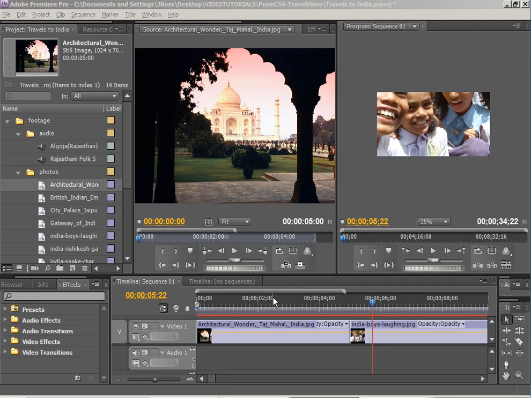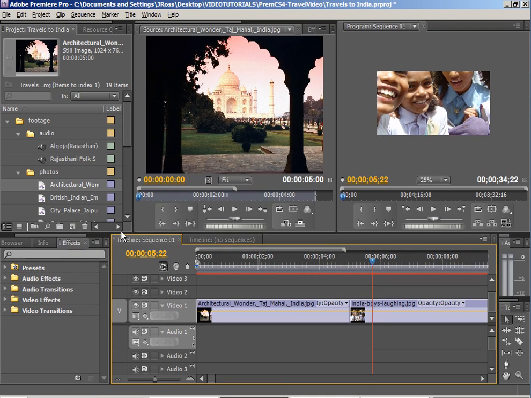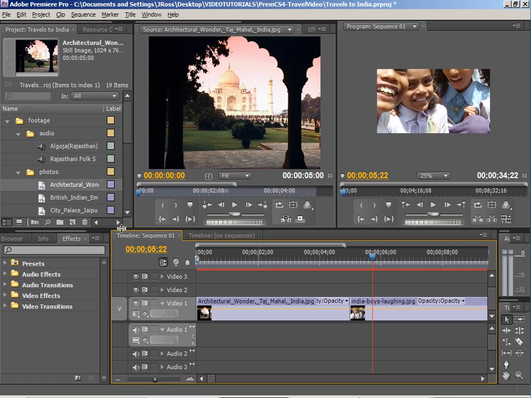Now that we have some items on our timeline, one of the things that we need to look at is really how to use this timeline as well, which is really one of the most important things for us to work with. I think it's really important to learn how to use this timeline effectively and quickly. So I'm going to go ahead and just expand that just a little bit just by taking this window and